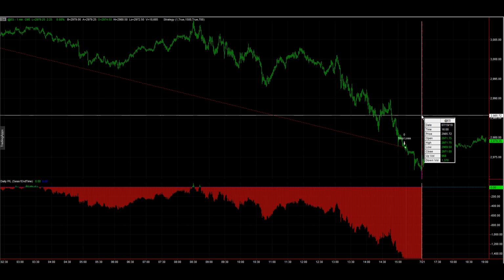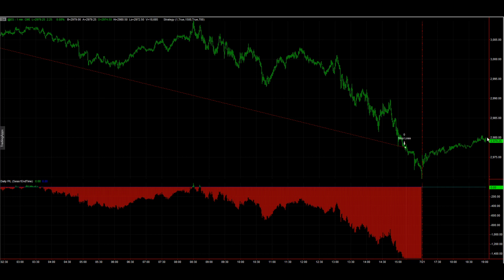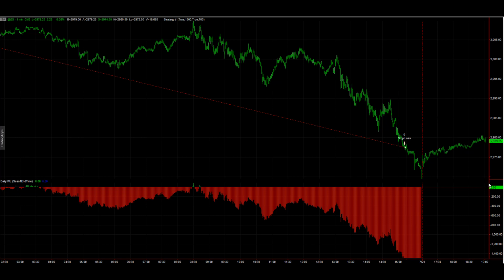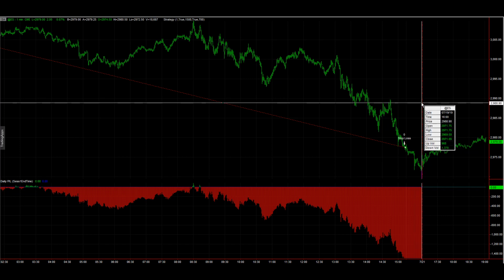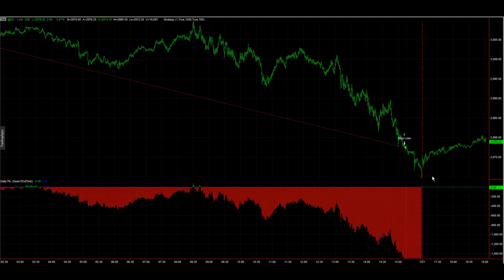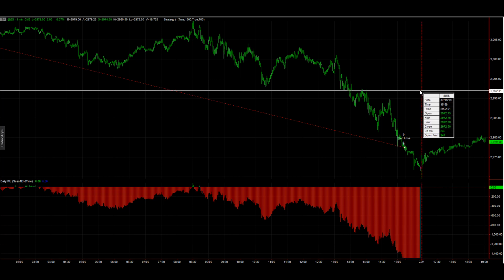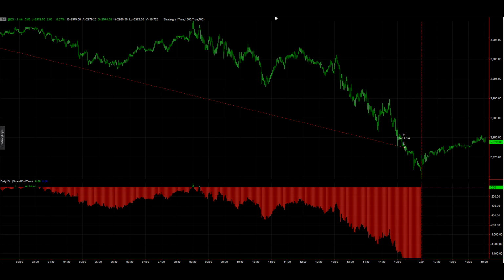29.69.25, which is about 10 points away. You'd risk 10 points, and you would do that saying, well, if it takes out that low, then there's going to be continued weakness. So you could see a bounce at that low, and then for it to roll over again. So you could take another trade would be to buy it at that low for a bounce, or thirdly, you would say that if it takes out that low, maybe a short trade is in play if it takes out that Friday low. So there's a lot of different trades for this setup, and so I'm gonna see what ES